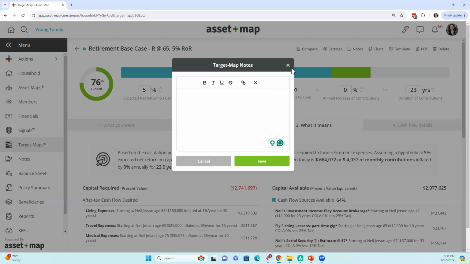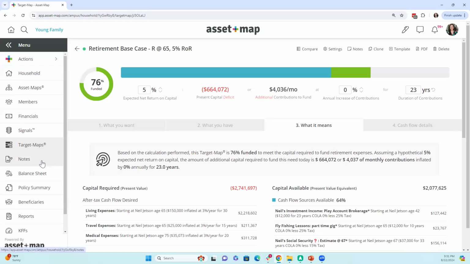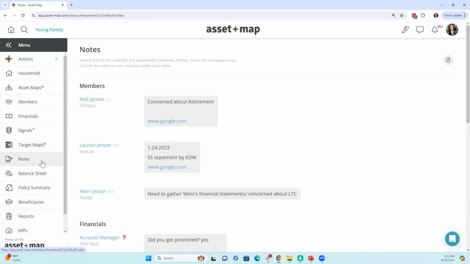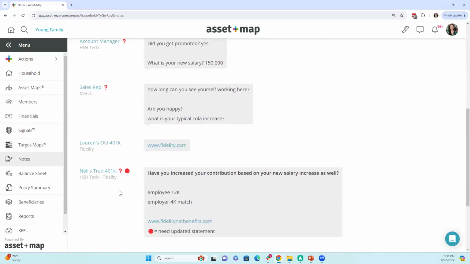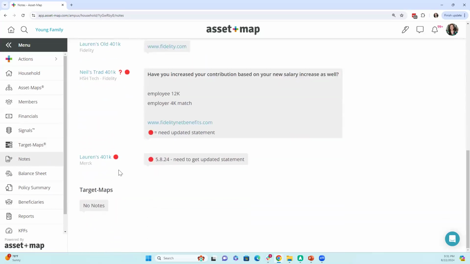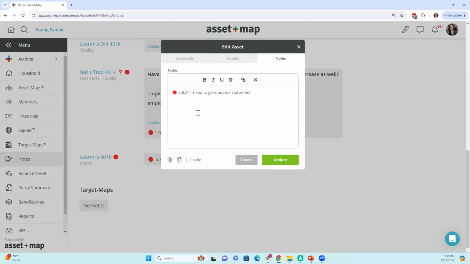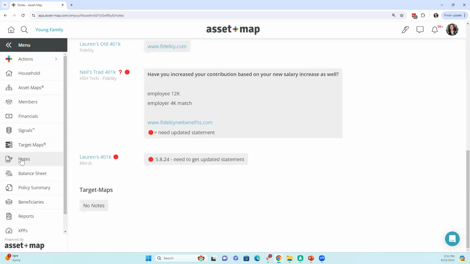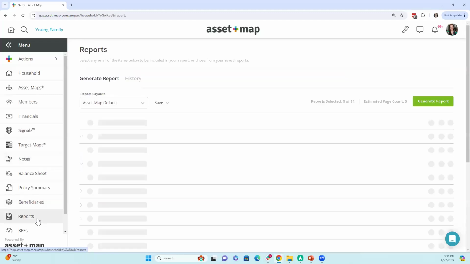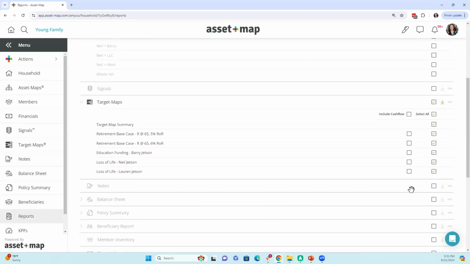Anything that is entered in the note section, it's going to flow through here to the interactive notes area. This will show you any note that was added for any member, entity, financial, and or target map. And all the notes that you see here, you can quickly click into them and make updates if you like to. You can also find these notes in the report section